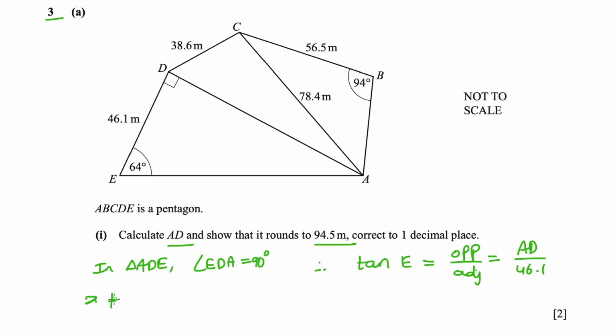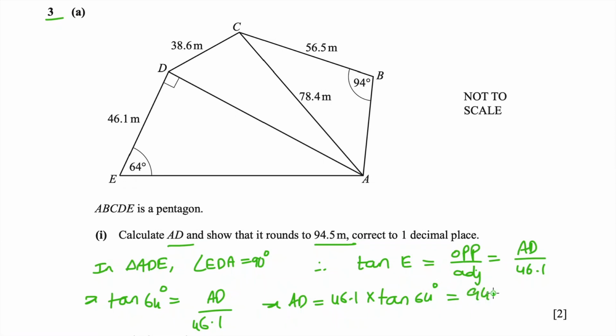That implies tan 64 degrees is equal to AD by 46.1. So AD will be equal to 46.1 into tan 64 degrees, and if I calculate the value, this will turn out to be